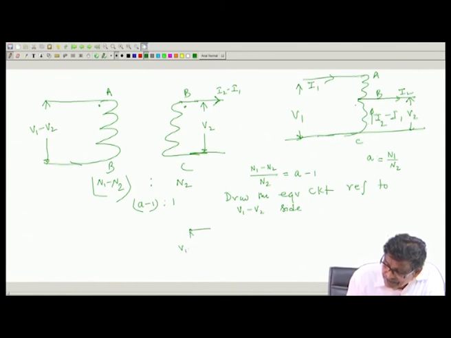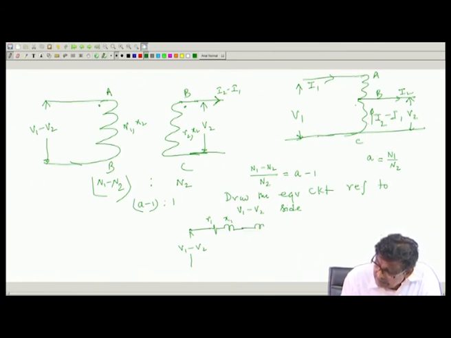V1 minus V2 is the applied voltage, is it not? Then there is R1, X1 will be there, this winding R1 X1. This winding BC I have assumed R2 X2. So, this will be R1 X1 and this will be your R2 dashed